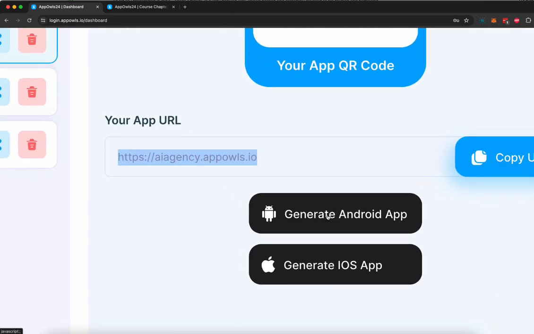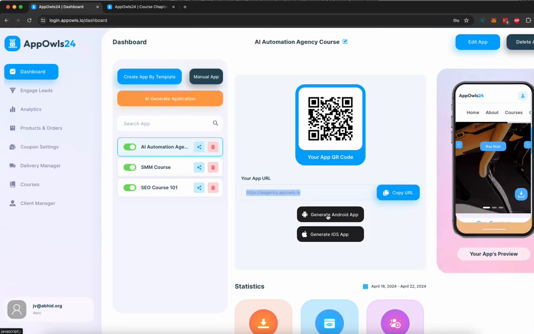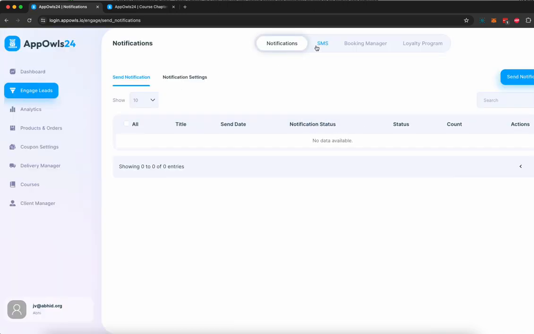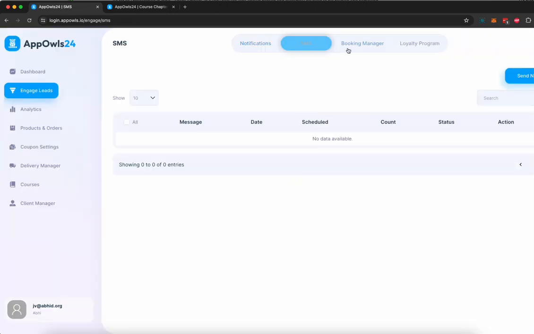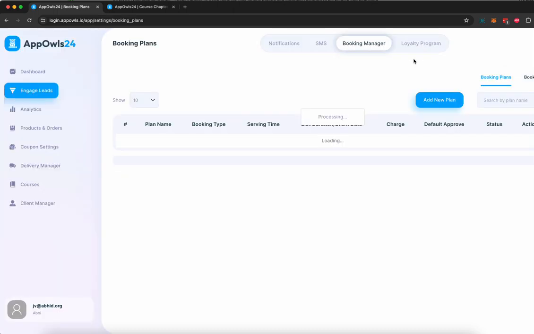Now you can generate an Android and iOS version of this app that you can publish on Android and iOS apps, right? App stores, and then generate more sales, more traffic. Once your apps are published, customers are buying, you can see all your customers in the engaged lead section, and you can send them SMS, you can send them push notification, you can see how many bookings have been created,